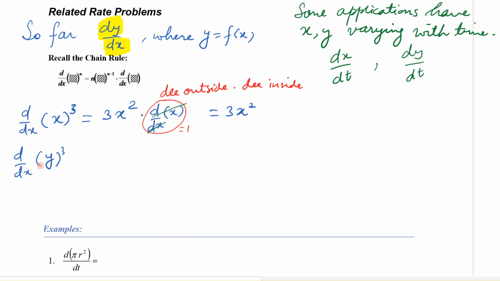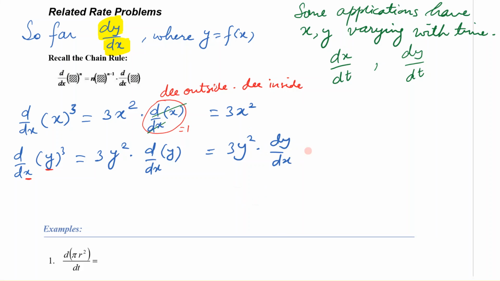And if we try to find the derivative of y cubed with respect to x, we notice that here we have x and here we have the expression y. So it's not x, we have something different. In this case again, first we take the derivative of the power, right? Bring the power down, reduce the power by 1, and then by chain rule take the derivative of inside. So you get 3y squared times dy over dx. So we have one extra quantity which is dy over dx, or in other words we can write this as 3y squared y prime by chain rule.